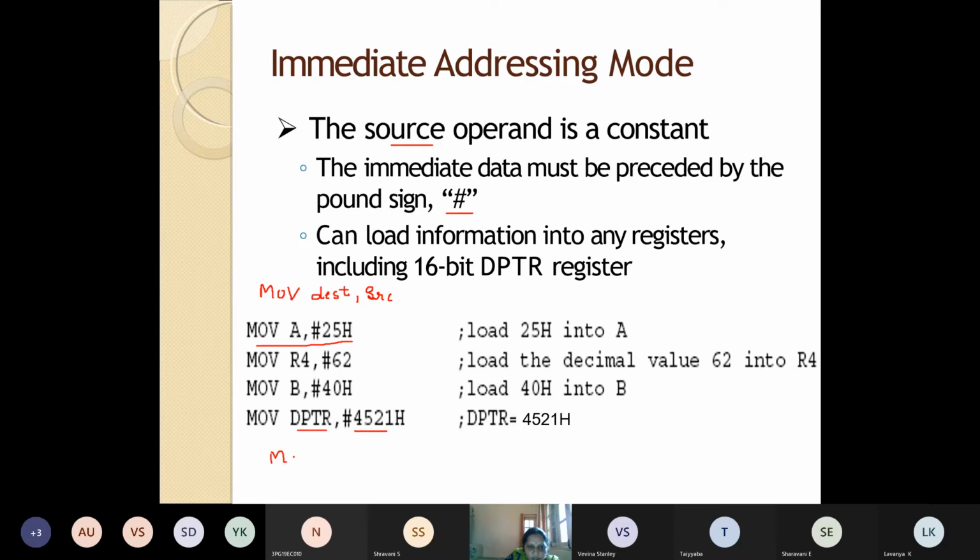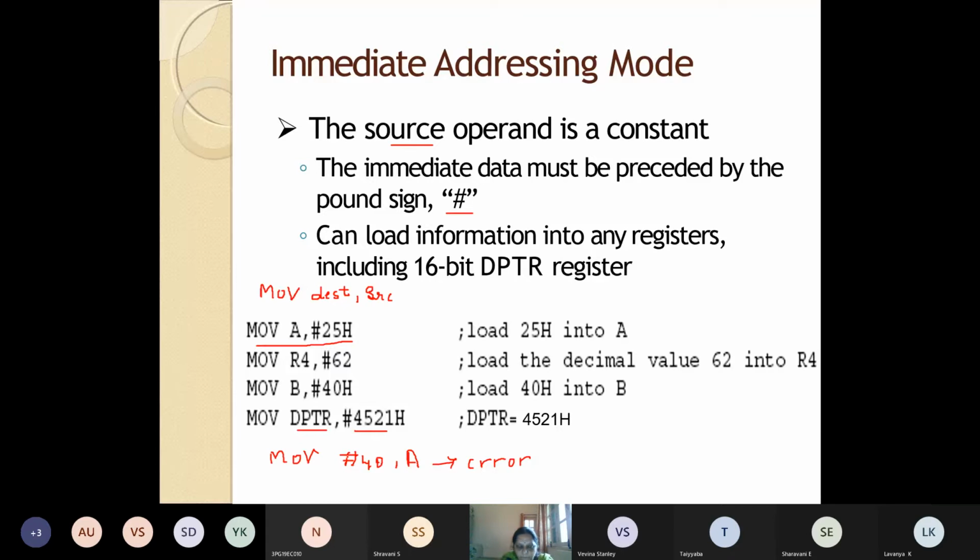So if I have something like MOV #40, A, where this is the destination and this is the source, I'm trying to copy the content of register A into the data. This is not possible; it gives an error. The register must always be followed by the immediate data. I'm trying to copy the content of a register to a particular value, and since the data is not a register or anything like that, this is not a valid instruction.